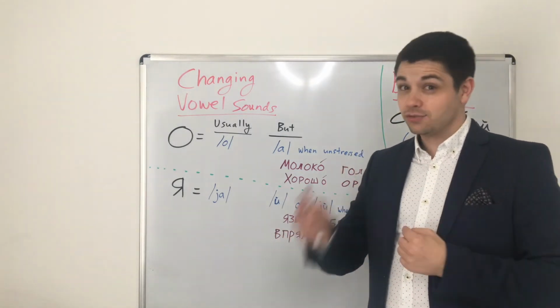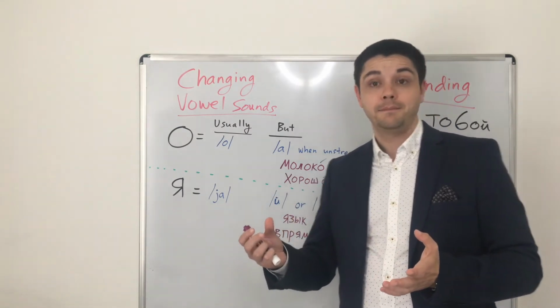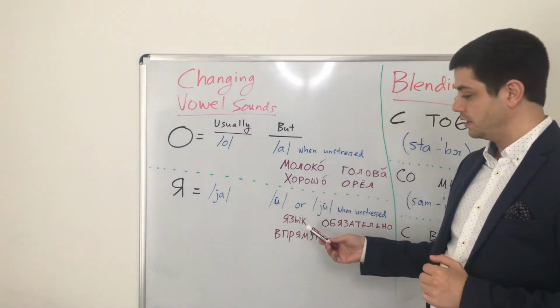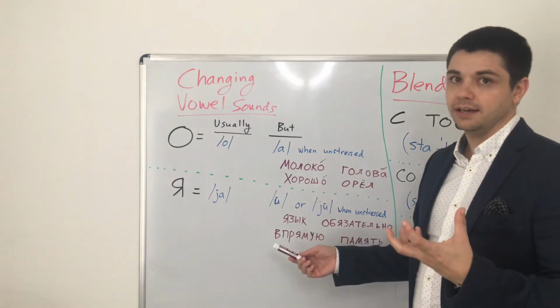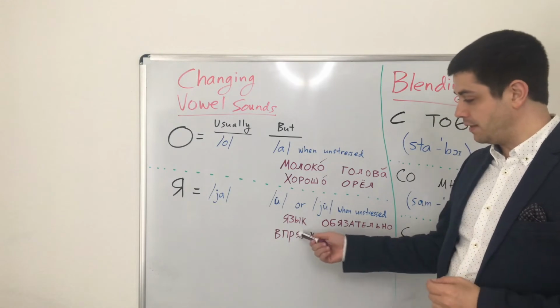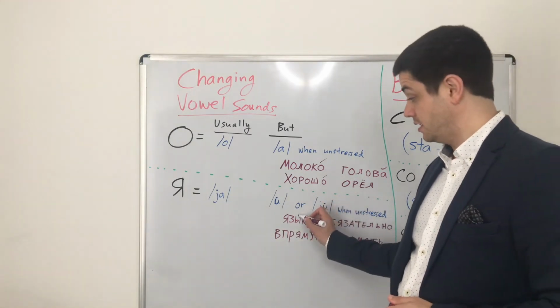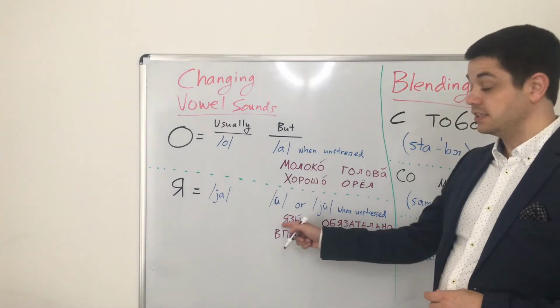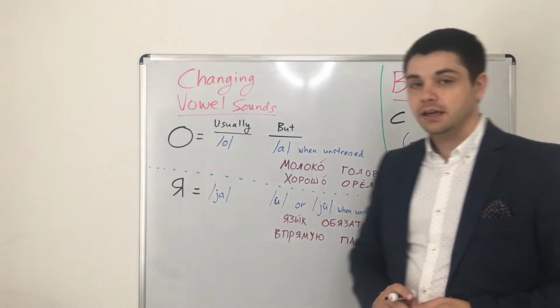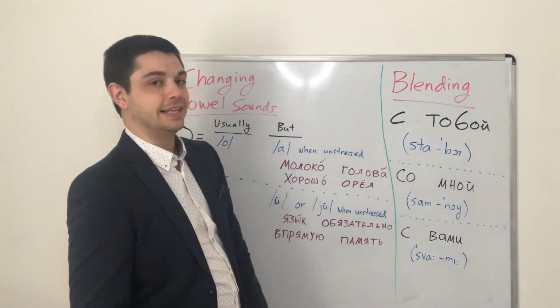But when it's unstressed, it might sound like e or ye. Let me show you. And this is a short e, not a long e, right? So, for example, we have the word язык, язык. And here the stress is on the last syllable, язык. Okay? Another example is обязательно,